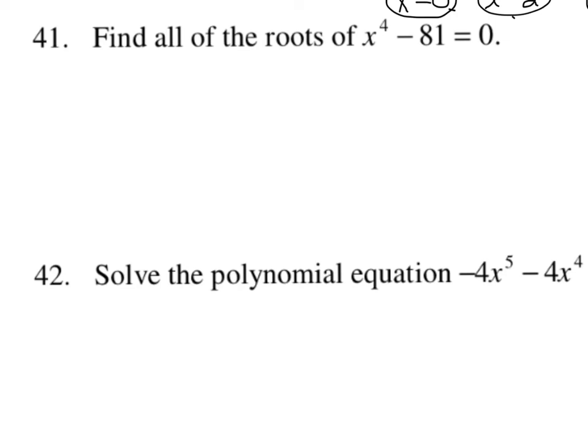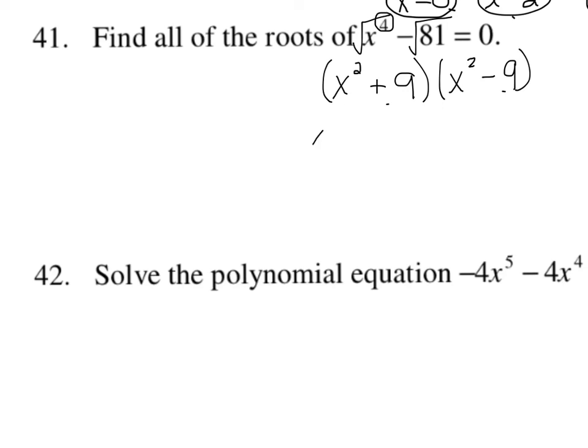To find all the roots in 41, which means we need to find 4 answers. So I noticed that these are both perfect squares, so I know I can factor this into x squared plus 9, because that's the square root of 81, and x squared minus 9. That means that these 9s multiply to get -81, but they cancel out, and that's why there's nothing in the middle. So I'm going to take each of those factors and set them equal to 0, which means the first